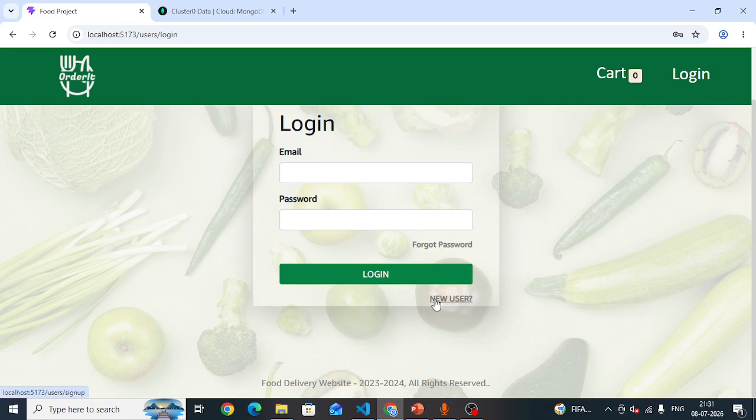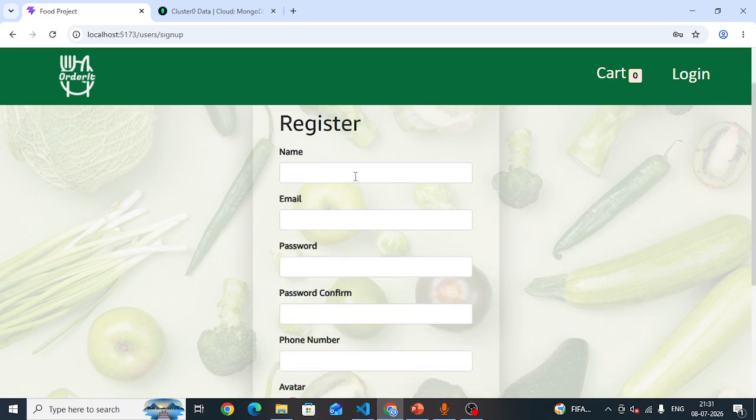If the user is new, click on this and register yourself.